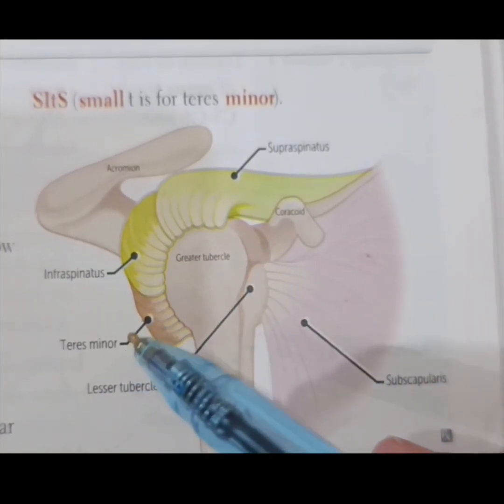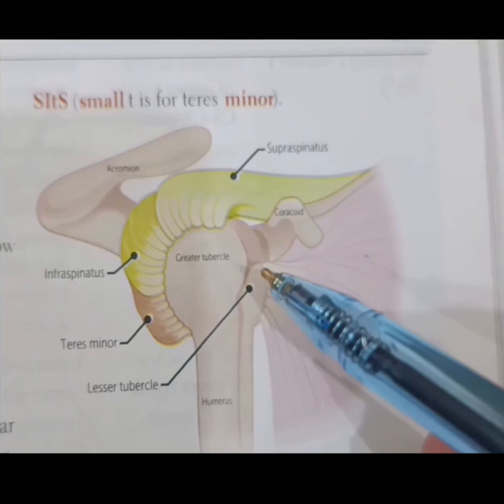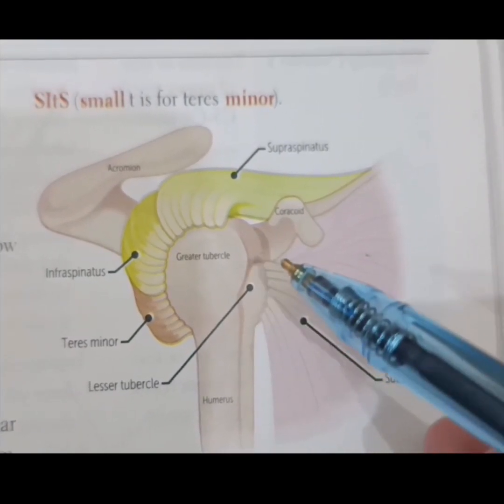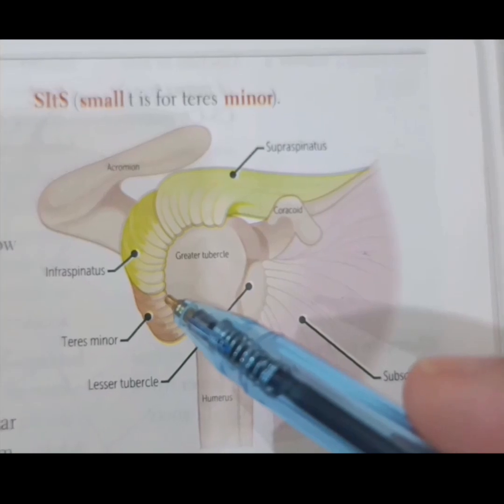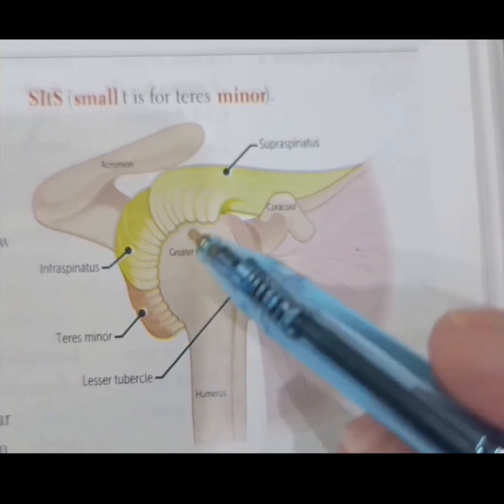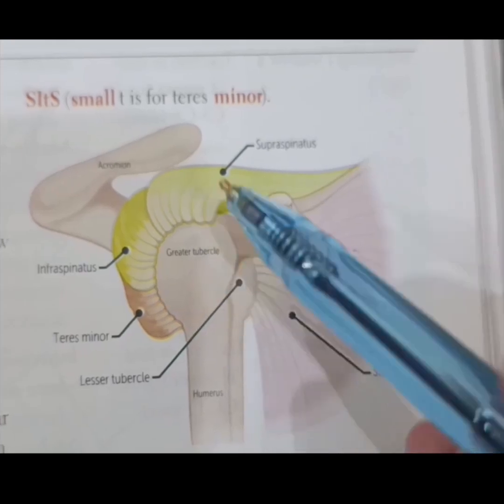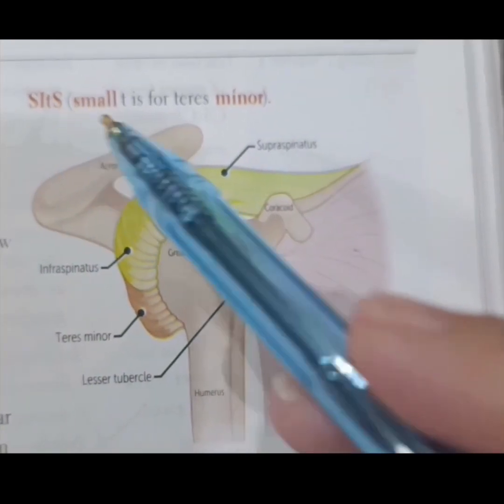And then comes the teres minor. Teres minor originates from the posterior aspect of the lateral border of the scapula, from here, and then it would get inserted on the greater tubercle of the humerus as well. So these three muscles have their insertions on the greater tubercle of the humerus, and the rest we have the subscapularis